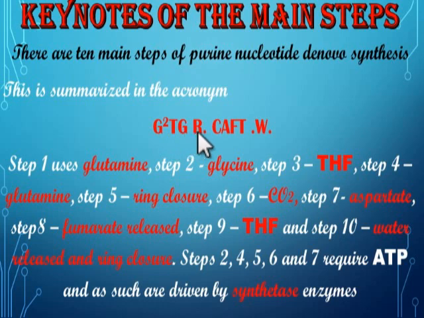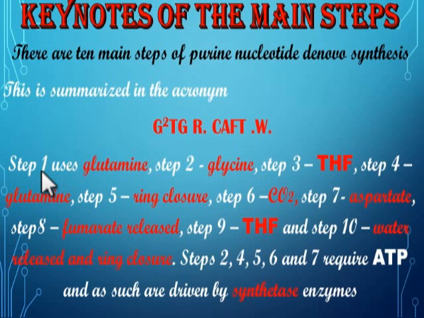The arrow stands for ring closure. C stands for carbon dioxide. A stands for aspartate. F stands for fumarate. T stands for tetrahydrofolate. W stands for water. So the summary of it is that